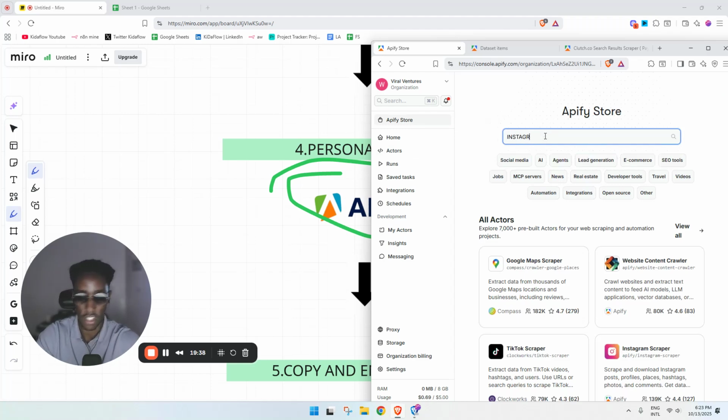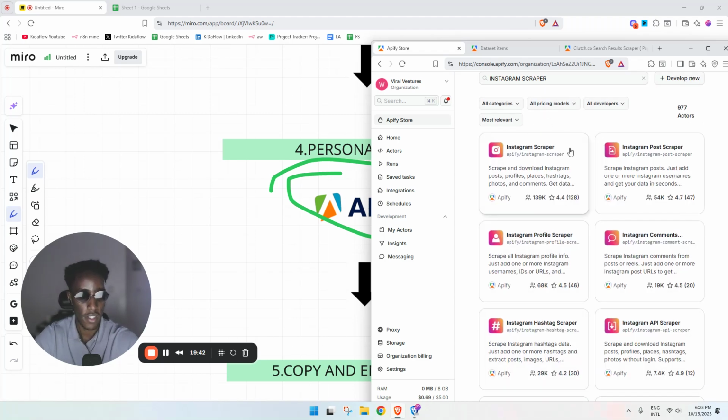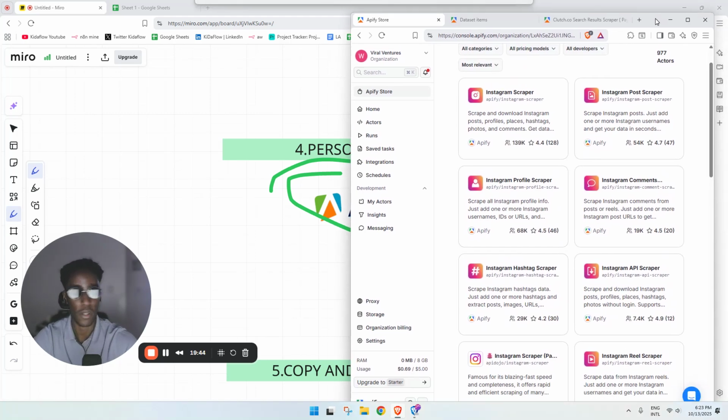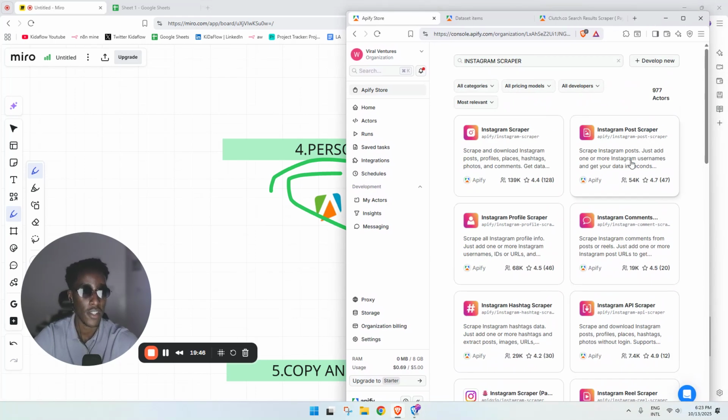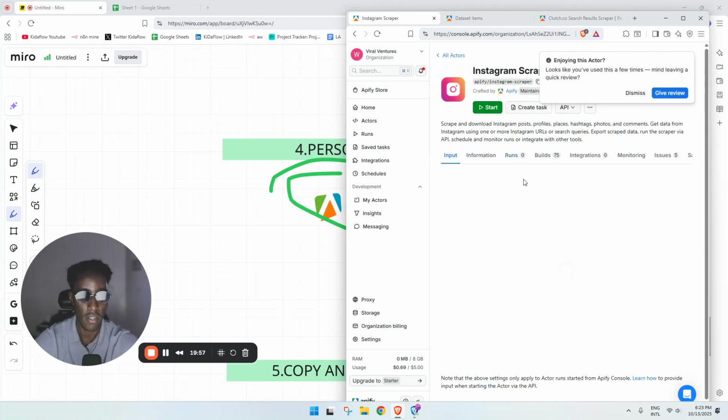We're just going to search Instagram scraper, and as you can see here, there are a couple of Instagram scrapers. There's one for Instagram posts, and this one is for Instagram accounts, I guess. So if we go to the Instagram scraper,